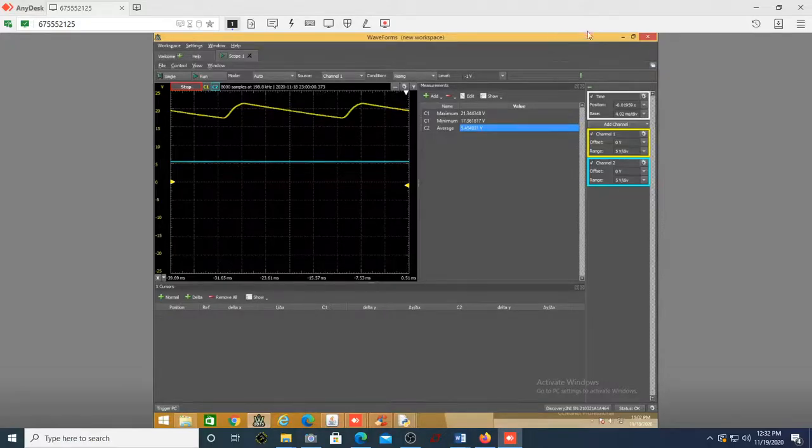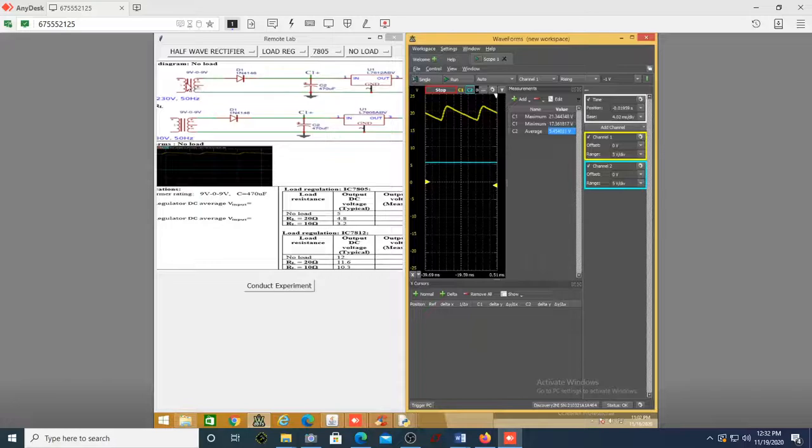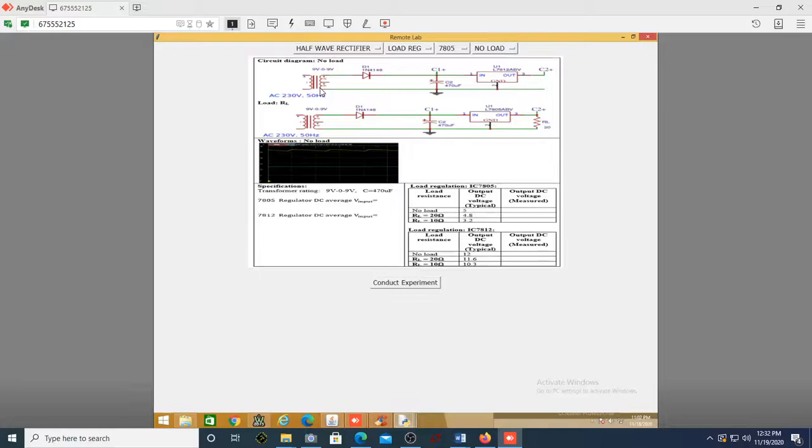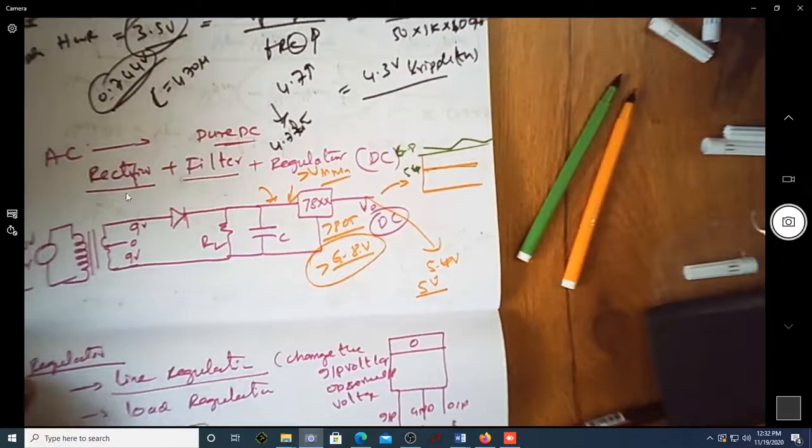The entire journey is something like this. See here, you have a step down transformer. Let me just explain that. You can see there is a step down transformer, there is a rectifier, there is a filter. Of course, the resistance that is required for this filter is the input impedance of this regulator. And finally, can you see the regulated output voltage, a pure DC signal? So from this AC signal, through this rectifier, through this filter, through this regulator, I am able to get a pure, sorry, pure DC signal. That's what is shown here.